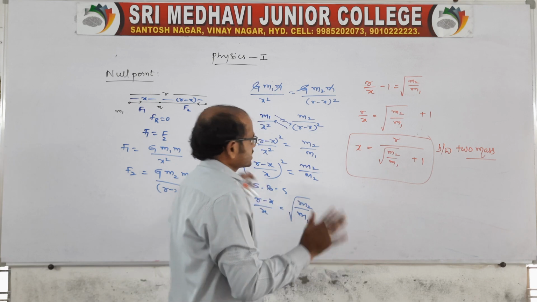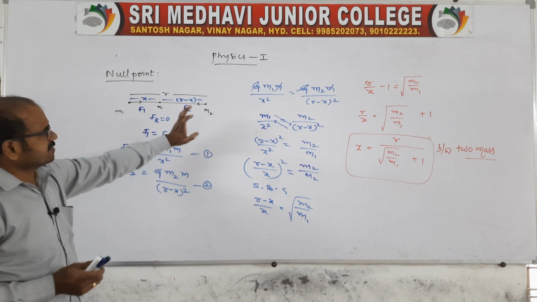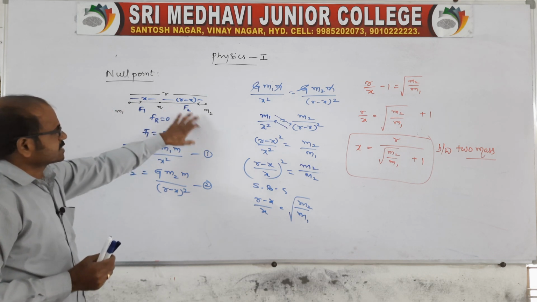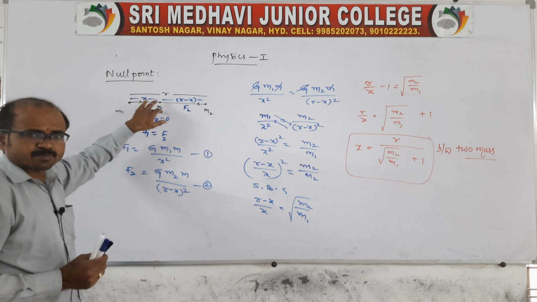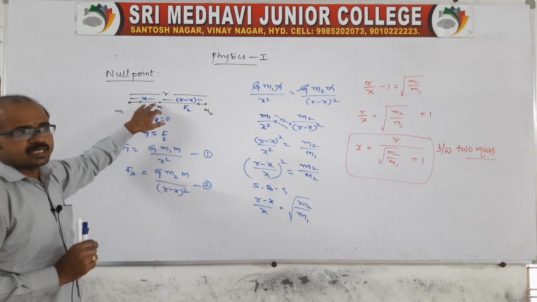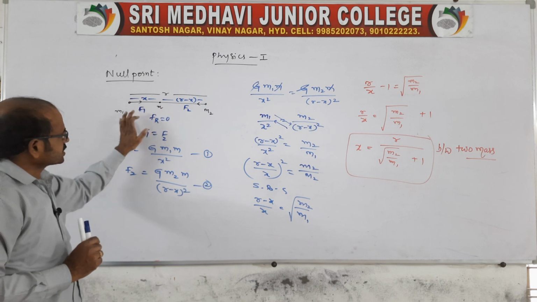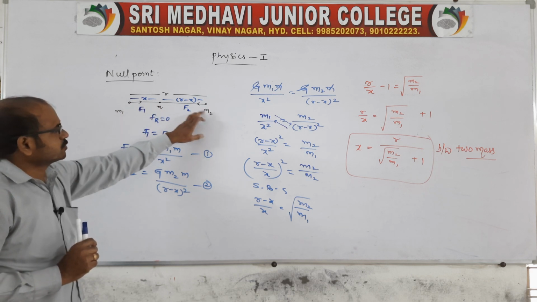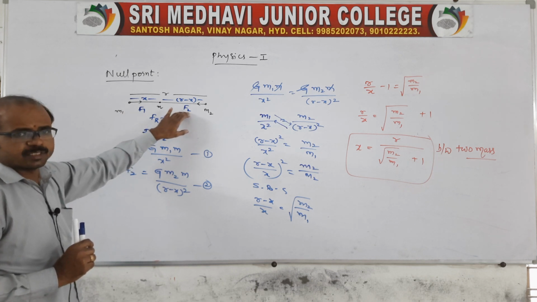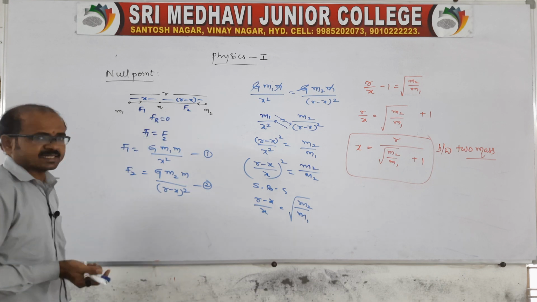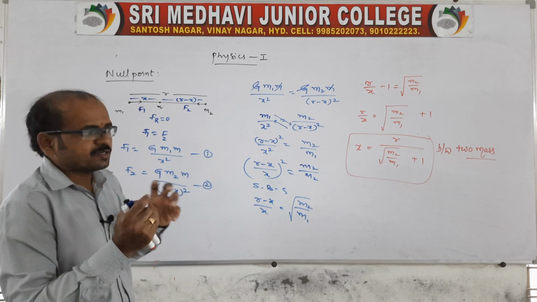Look at, for outside, once again the calculation will be like this for a null point. There are two masses m1 and m2 which are placed at distance r, and between the two masses there is another point mass placed. At that point the resultant force is 0, because between m1 and m there is a force F1 acting, and between m2 and m there is a force F2 acting, and these two are equal and opposite. I told you in the previous class also, if equal and opposite they will be cancelled, so we can say the resultant force is 0 at a point between the two masses, the point which we can call the null point.